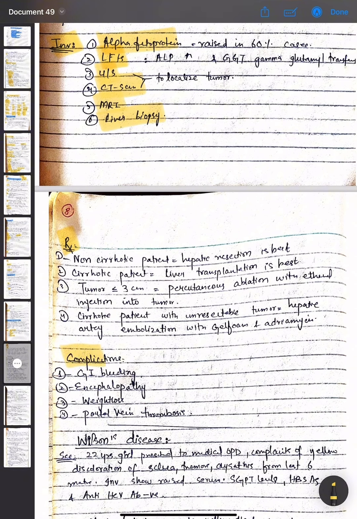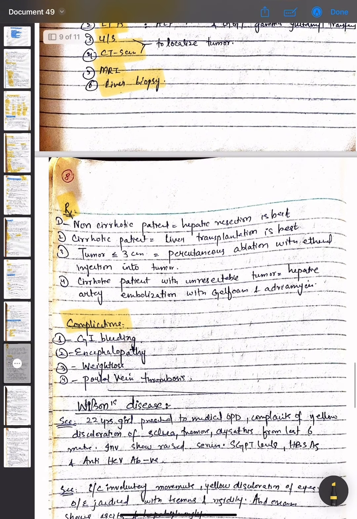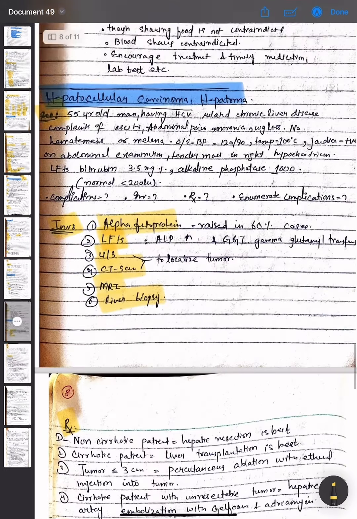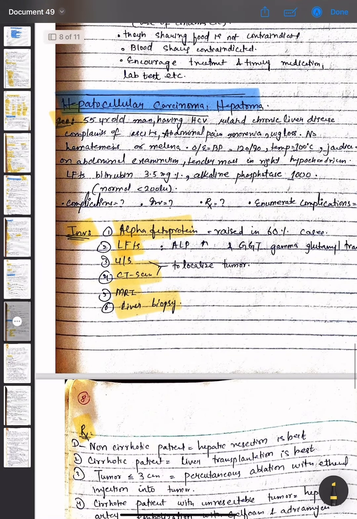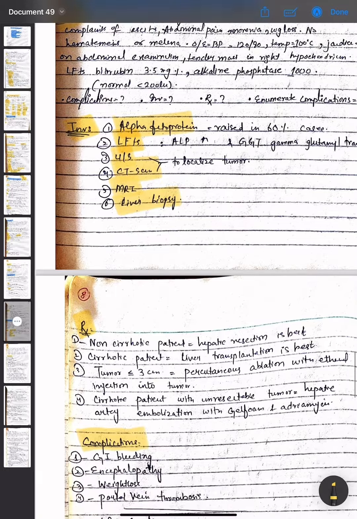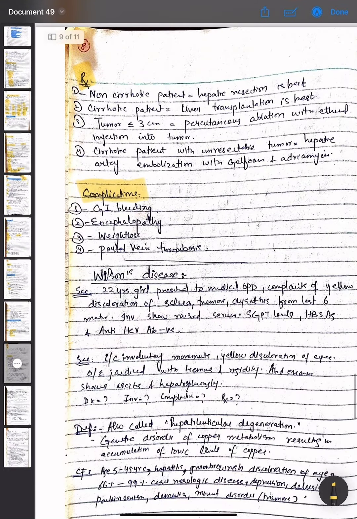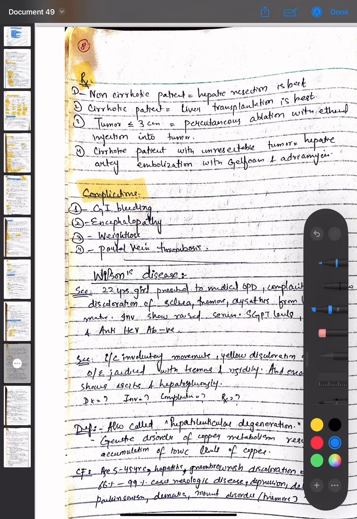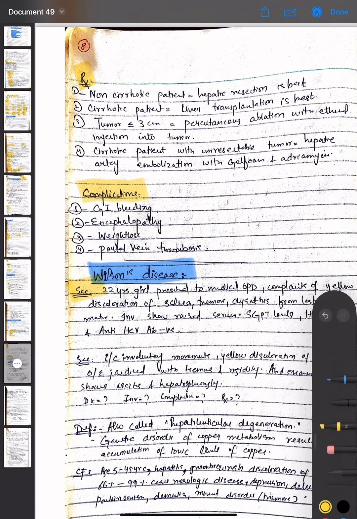The complications of hepatocellular carcinoma are GI bleeding, encephalopathy, weight loss, and portal vein thrombosis. So we have discussed the topic of hepatocellular carcinoma, the scenario, then its investigation, then the treatment options, and then the complications. Now coming towards Wilson disease, we have a scenario that a 22-year-old girl presented